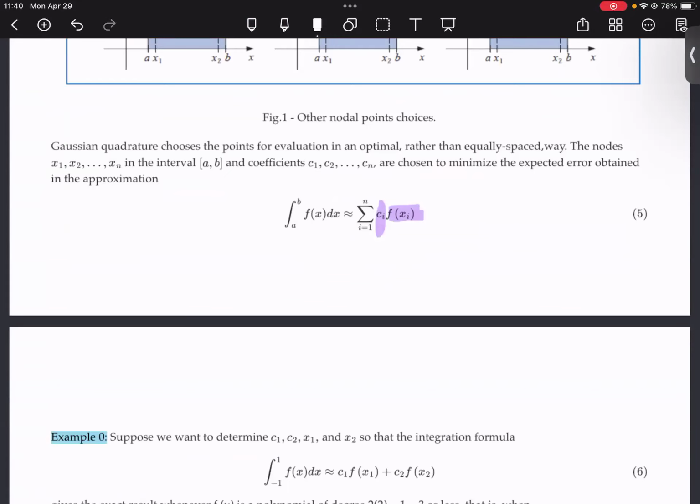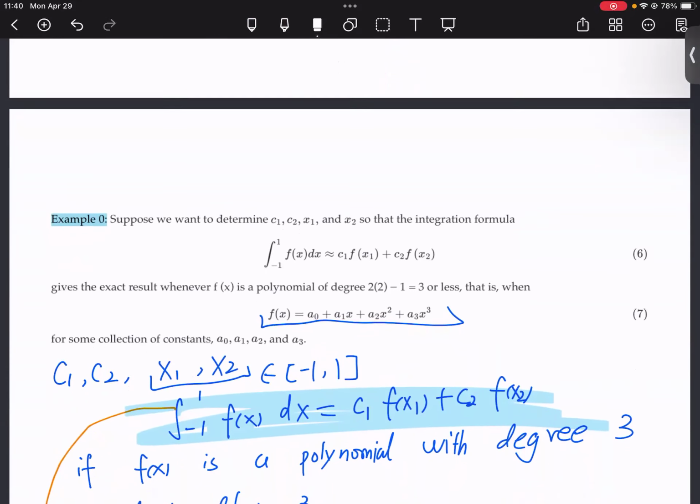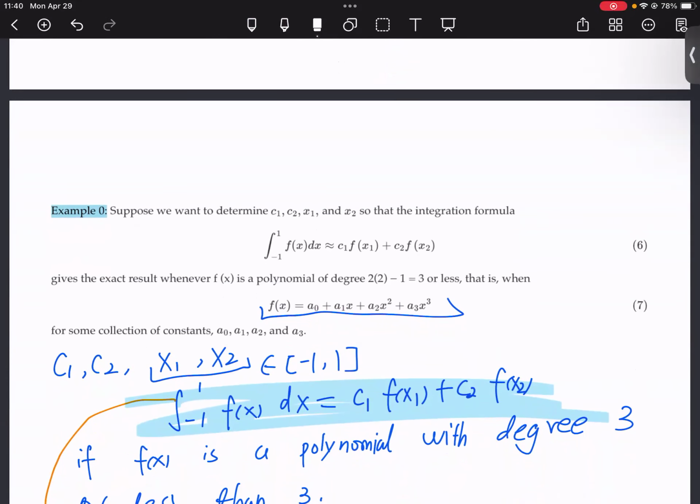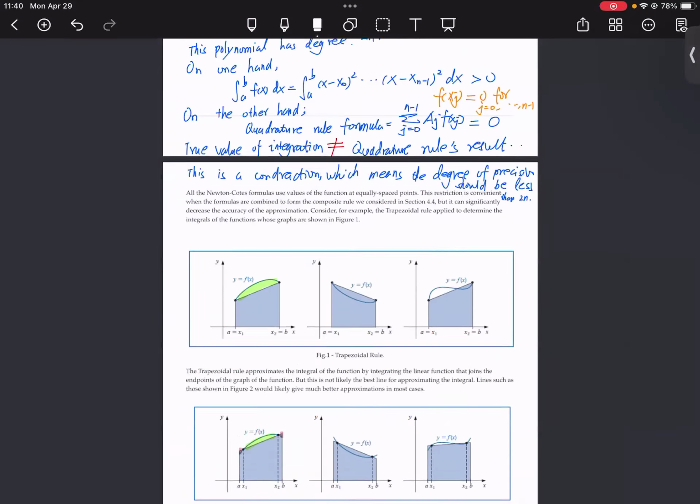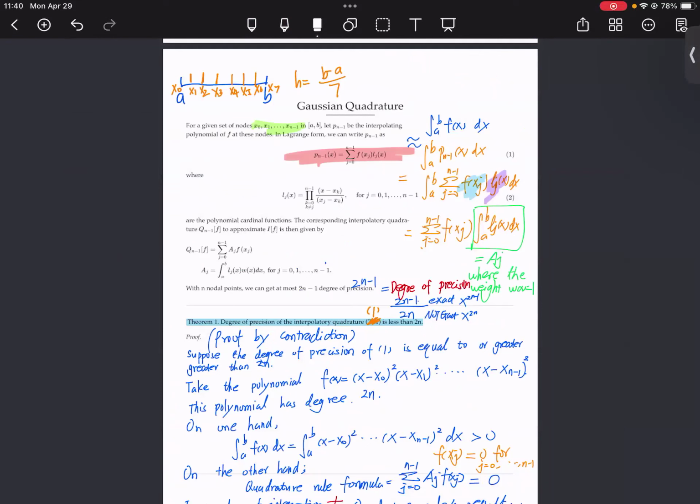So with two nodal points, how much accuracy can we get? The highest accuracy we can get is, let's see, I think I have something here. It should be,